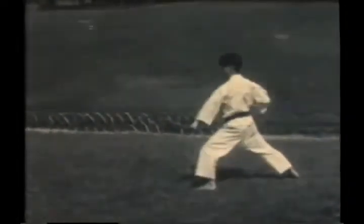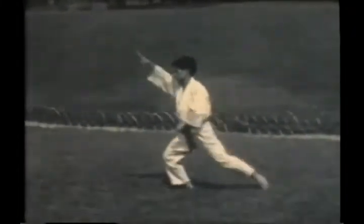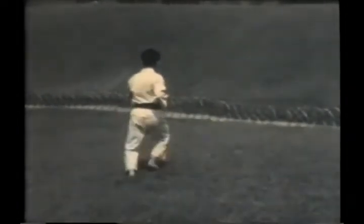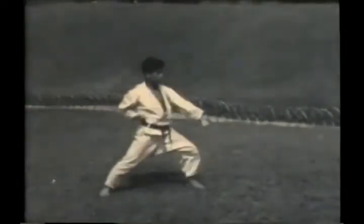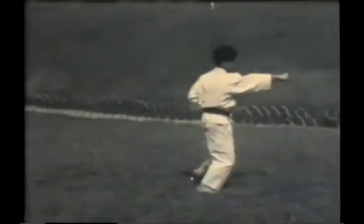Okay, stepping to the side, down block. Hammer fist strike to the head, and then step forward and punch. Now a series of 3 upper blocks. Now 3 punches